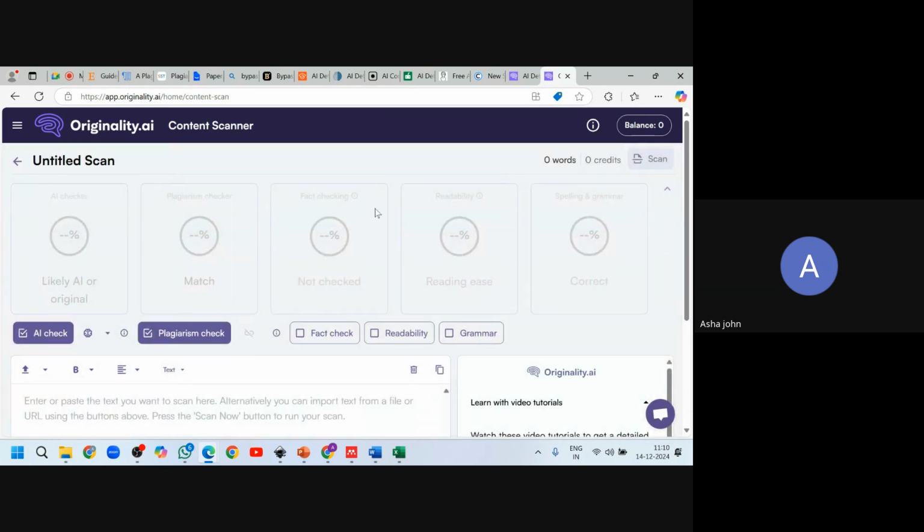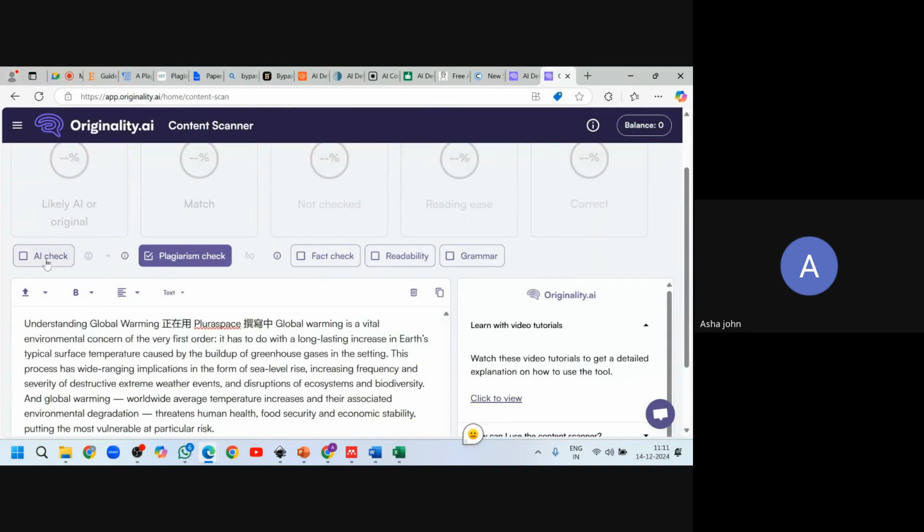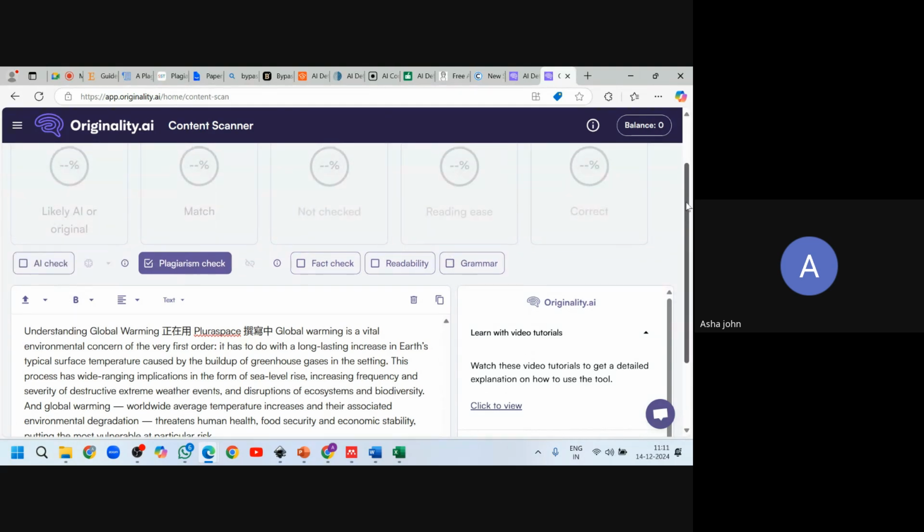And finally, it has originality.ai. You have AI check. You can check for plagiarism. You can check for AI.